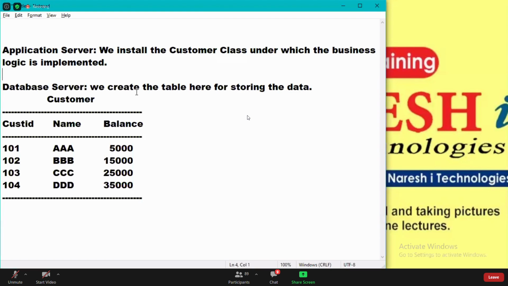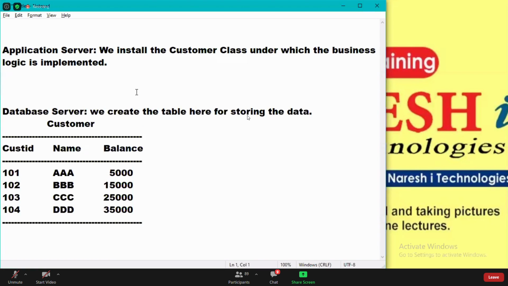Okay, guys. Now, a client comes to an ATM machine. You go to an ATM machine and do what?